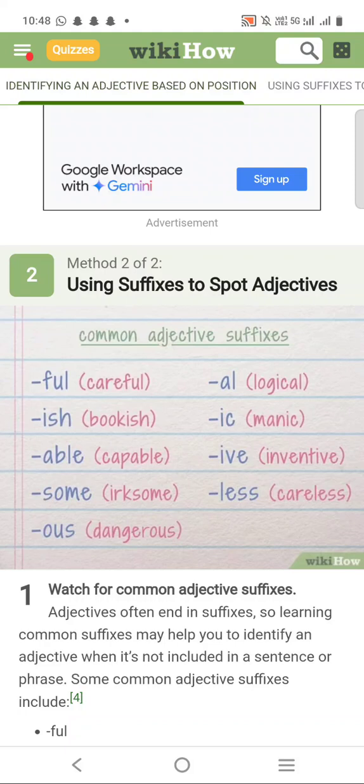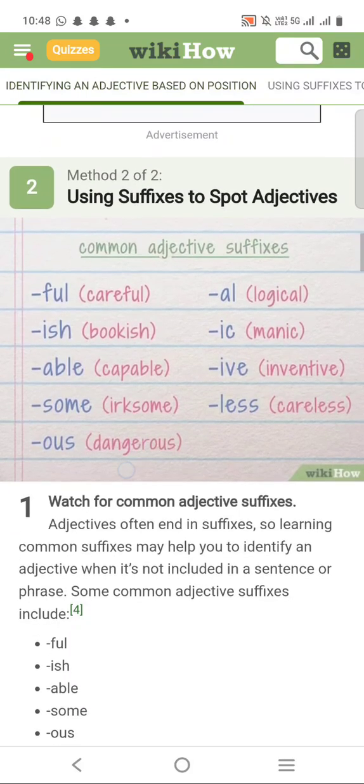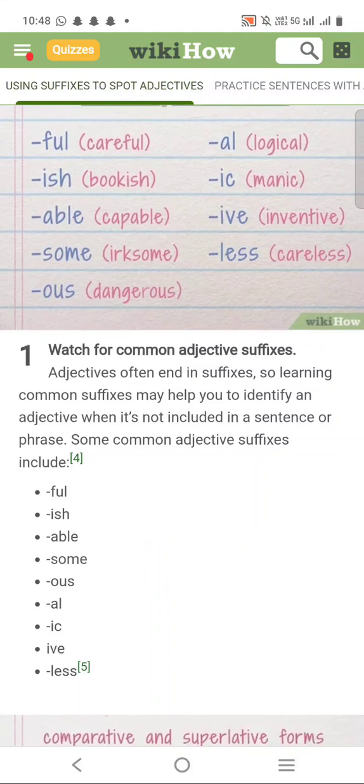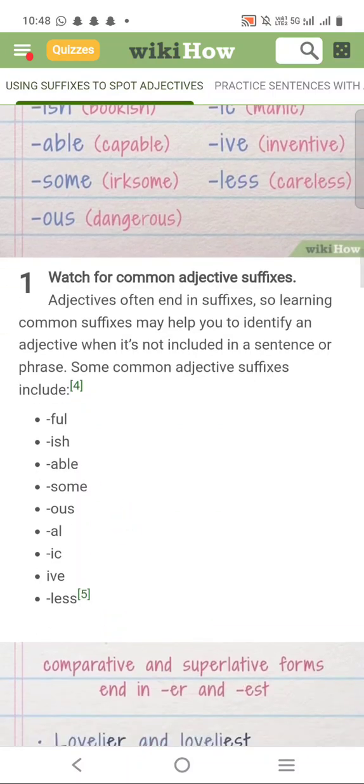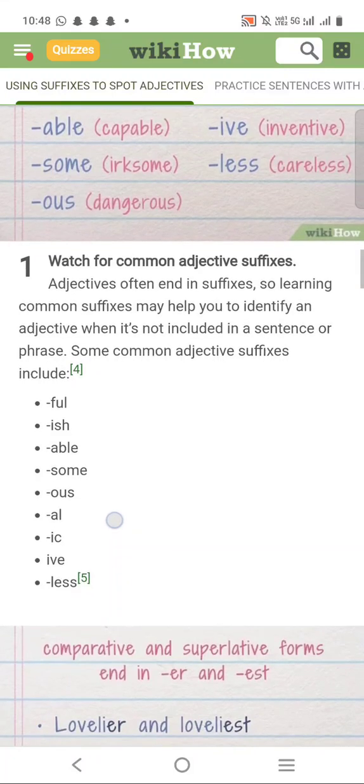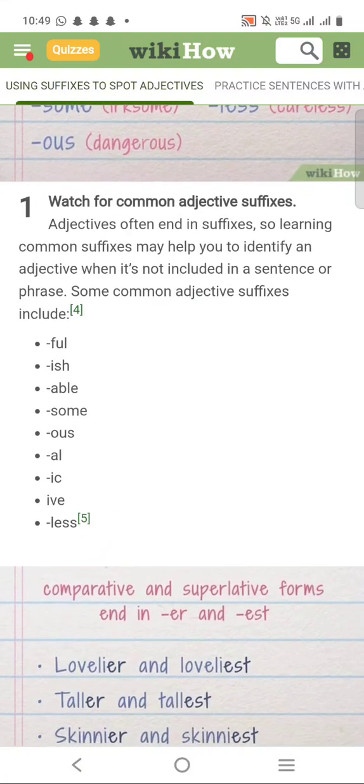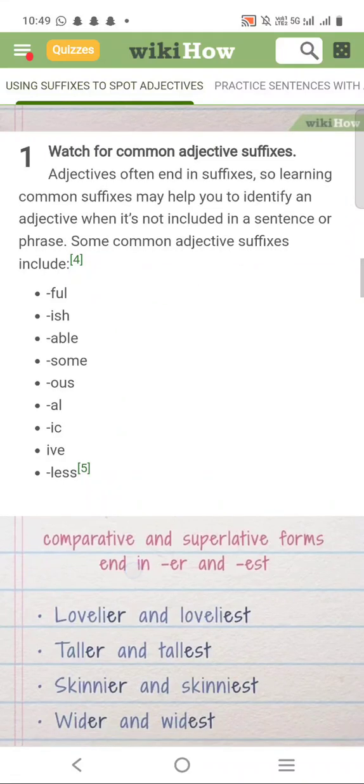Examples: full, careful; ish, bookish; able, capable; some, irksome; ous, dangerous; al, logical; ic, manic; ive, inventive; less, careless. Watch for common adjective suffixes. Adjectives often end in suffixes, so learning common suffixes may help you to identify an adjective when it's not included in a sentence. Some common adjective suffixes include ful, ish, able, some, ous, al, ic, ive,